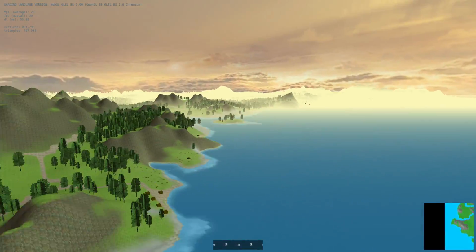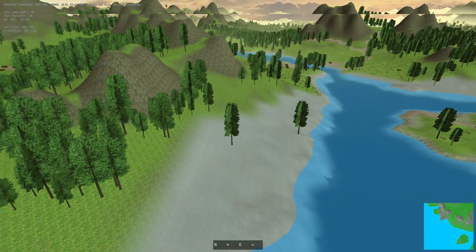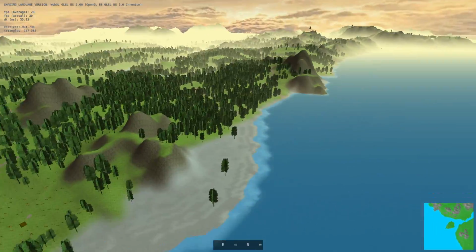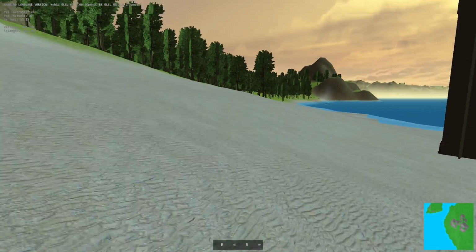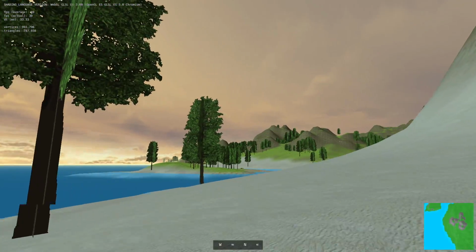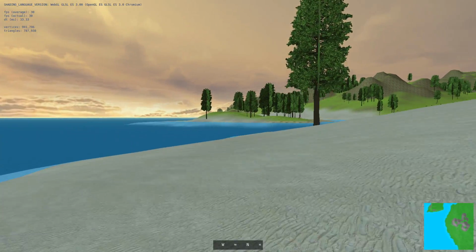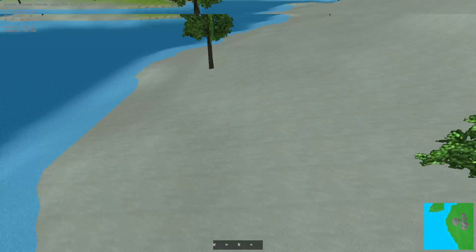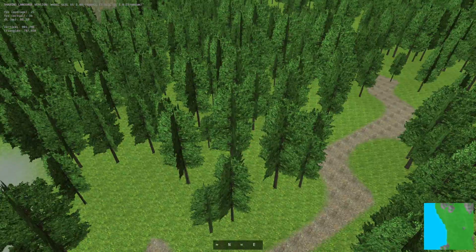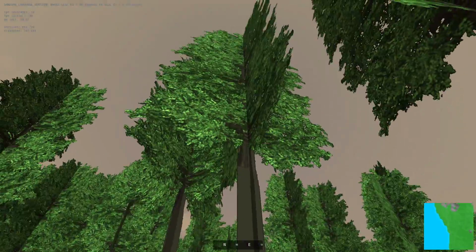It also allows me to add in beaches, as you can see. Lots of lovely beaches. Oh yeah, and footsteps. I forgot about that. Just to make it feel a little bit more earthy, I added in footsteps for when you're walking around. I added lighting to the trees, but as you can see